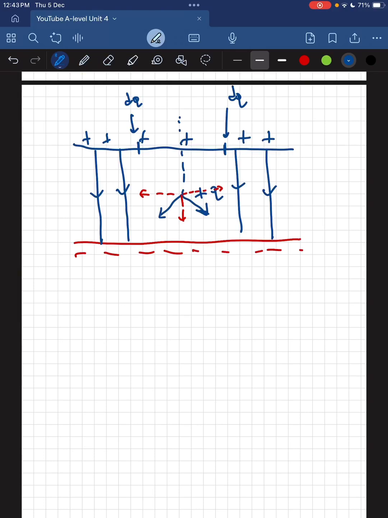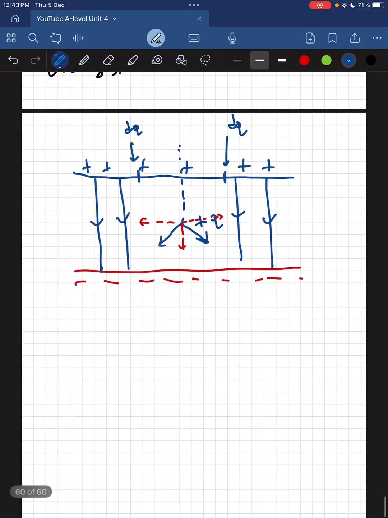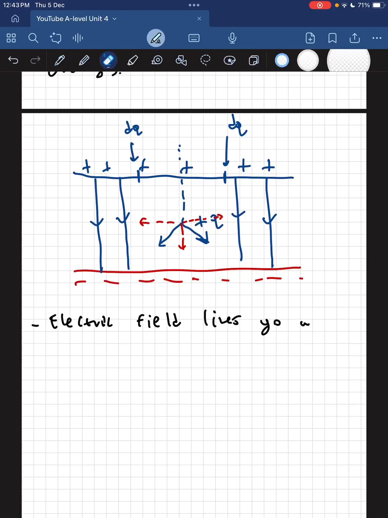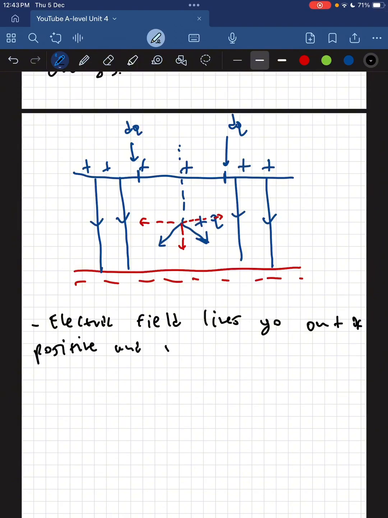So by the way, if I go back, no, I don't have space. So let's write this down as well. So electric field lines go out of positive and into negative charge. Okay,